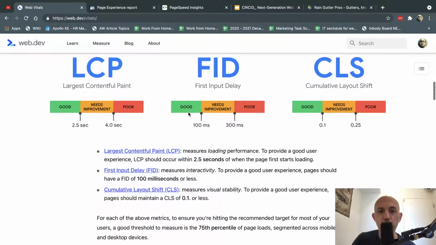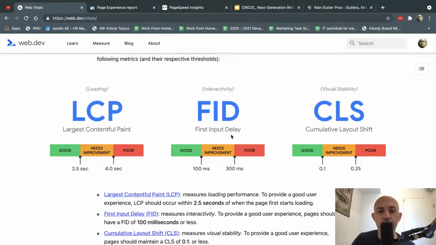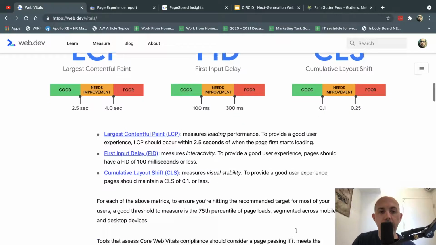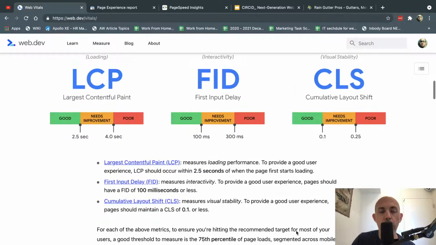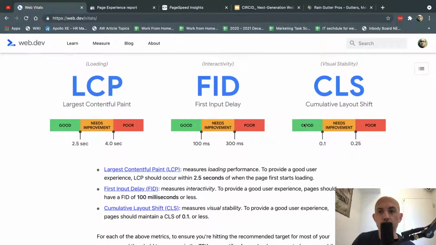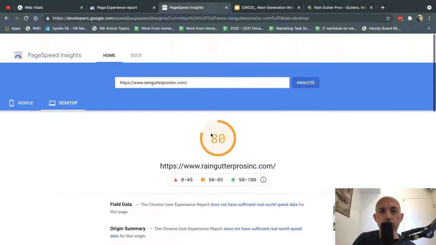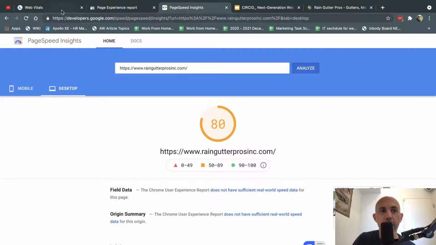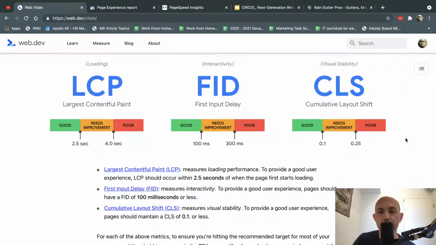Okay, now there's more details, but these are the really big things, especially these two. What Google says is for any one of these, if you get a score under these thresholds, then you're probably a good one. And your score will be better, and obviously it'll be better for your rankings. These are just basic things. Don't move things around too much for the customer. Make sure your website loads quicker.